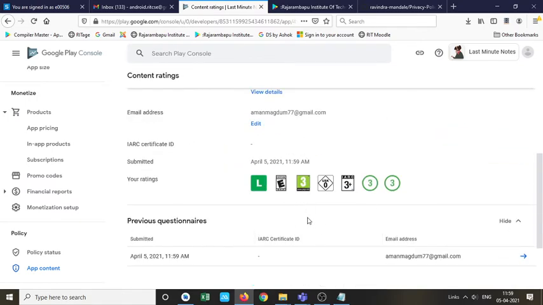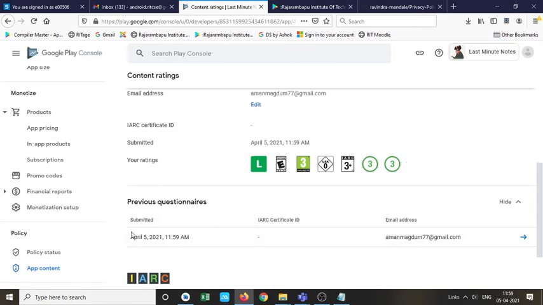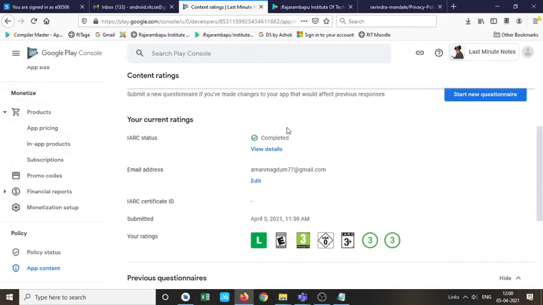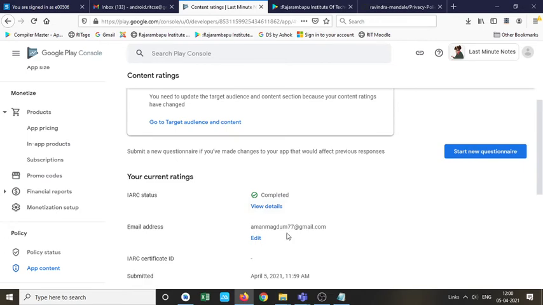See this rating we got, this is the certificate, rating 3 plus. These authorities are not selected by us, they are selected by Google, and the IARC rating mail is sent to Aman.